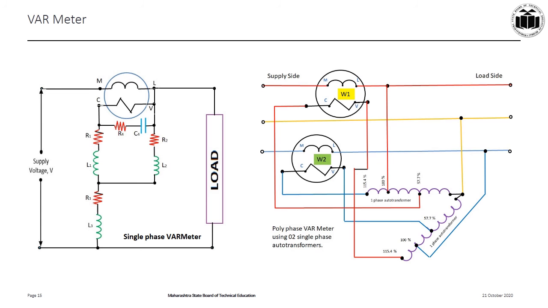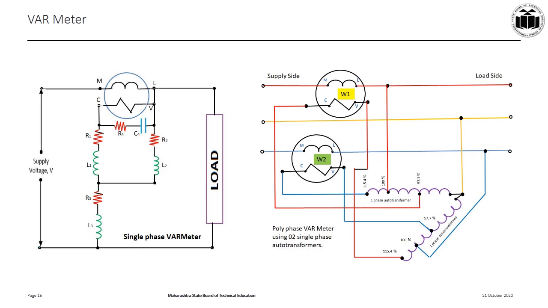In a single phase circuit, reactive power can also be measured by volt ampere reactive meter, that is VAR meter. This is an electrodynamic wattmeter in whose pressure coil circuit a large inductive reactance is substituted for the series resistance, so that the pressure coil current IP is in quadrature with the voltage. So VAR meter reading will be V into I into cos of 90 minus phi, which is equal to VI sin phi, and that is nothing but the reactive power.